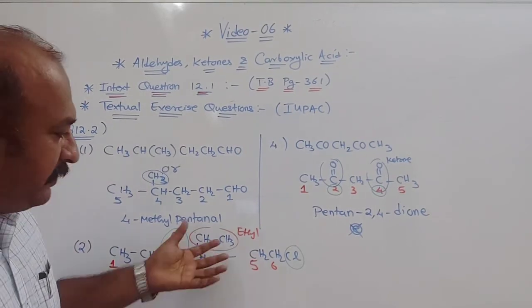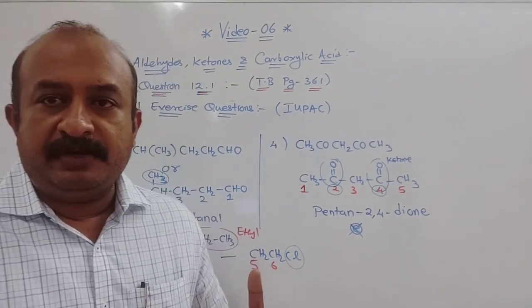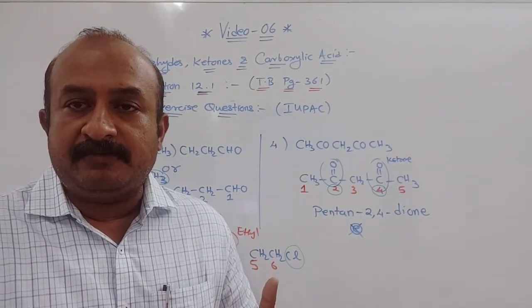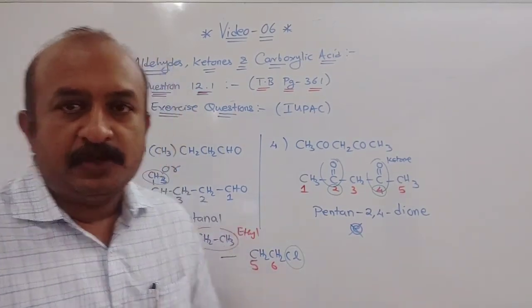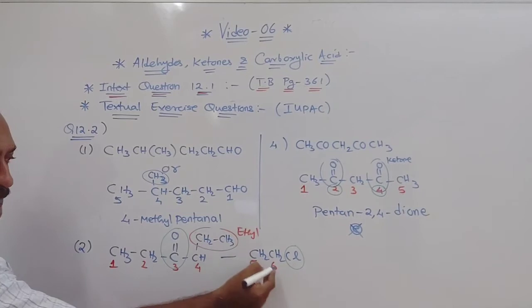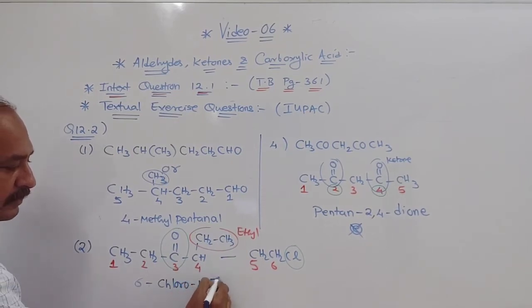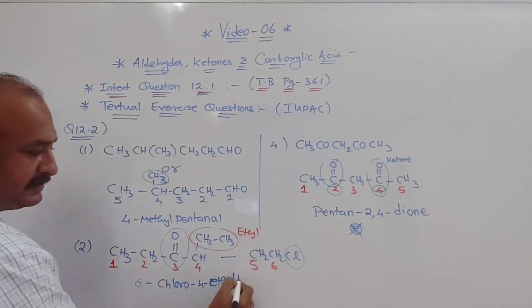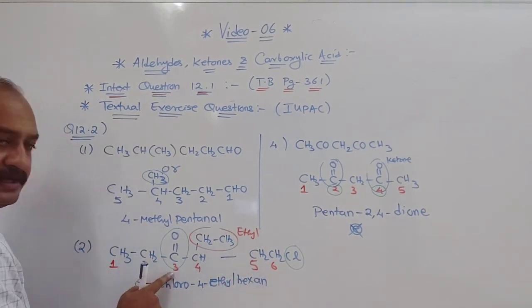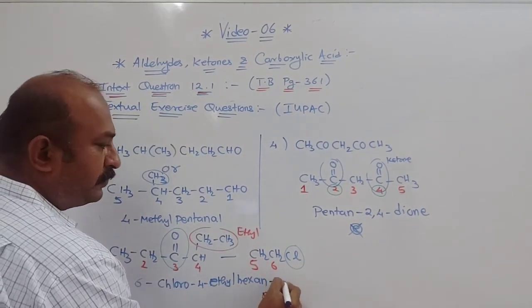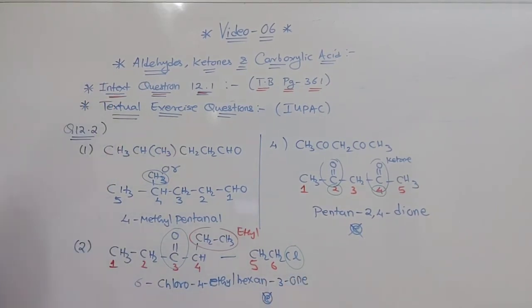Now chloro group. Now ethyl, when you say ABCD, is E, and chlorine is C. So E and C according to alphabetical order, which letter will come first? Obviously C will come first. Understood? So we will write first this for the chloro group. That is, at the 6th position chloro is there. So 6-chloro. Clear? Then 4-ethyl, 6-chloro, and 6 carbon means hexane, and then on hexane at the 3rd position ONE is there. So hexane, E is eliminated, and at the 3rd position I write ONE like this. Understood? So this is the name for the second question that was given.